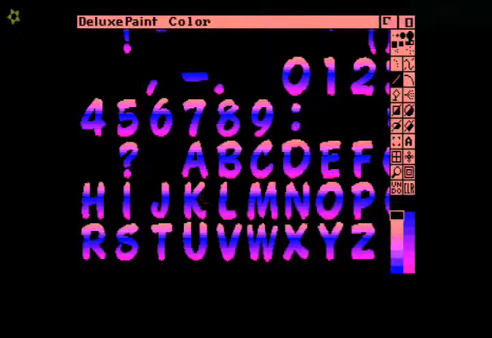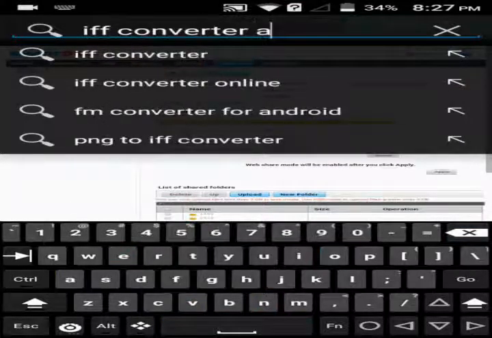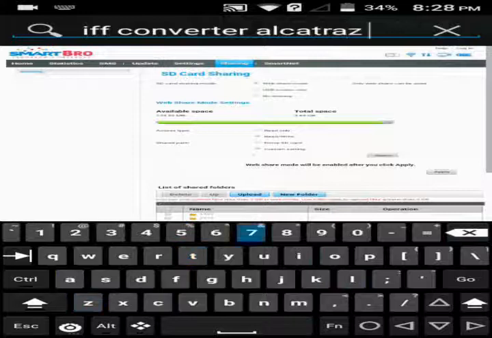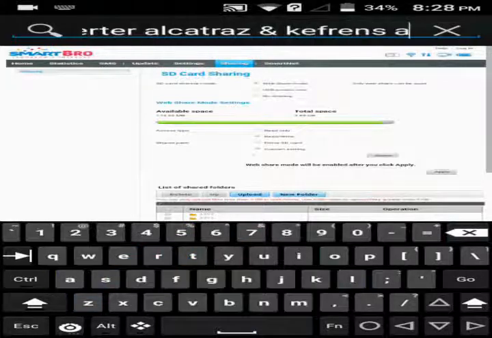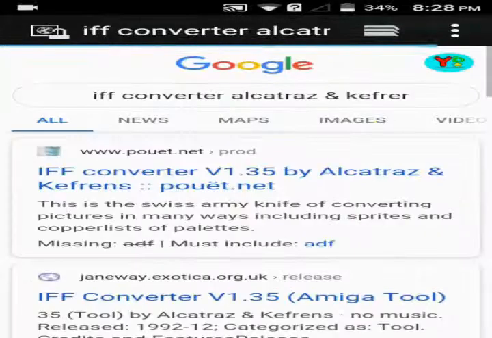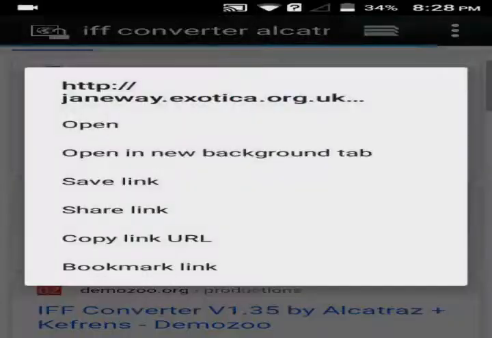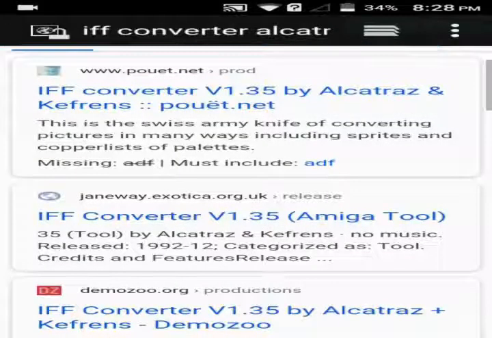After that, save and overwrite the fonts. For your file, go to a browser or Google Chrome. Search for IFF converter, Alcatraz, and keyframes, if you don't have one, to use with any software from the Commodore Amiga 500. Then select the highlight of your choice by clicking the link to